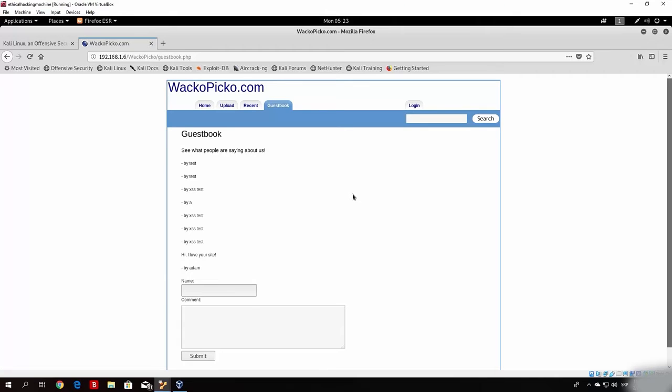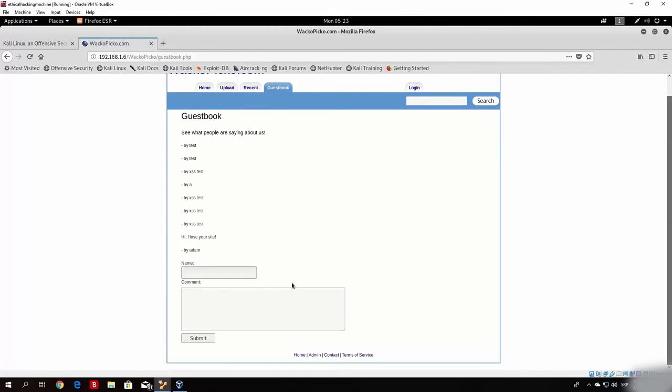Why is it stored? Well, basically, anyone who visits this page, from anywhere, will get that window shown. In the previous attack, you would have to send that over a link in order for that window to show. Since that was a reflected cross-site scripting attack, this is a more dangerous version of cross-site scripting, and it will save the part of the code on the website, and it will show it to anyone who visits this page. So basically what I did here is XSS test,